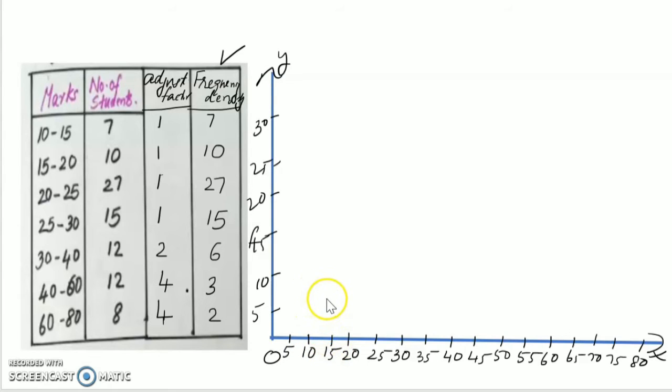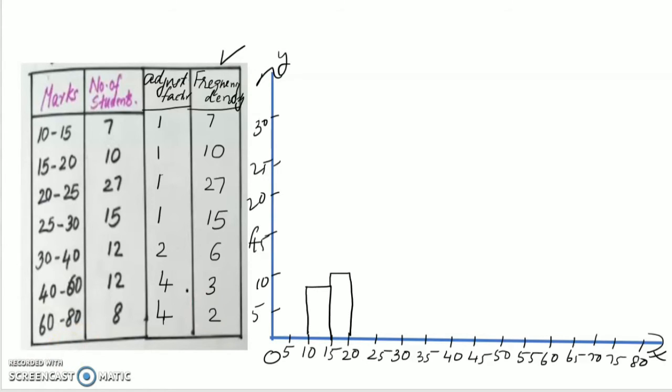Till 7 I have to mark. The first one I will show you. 10 till 10. It should be a straight line. Okay, 10. And the next one is till 10. Frequency density in 15 to 20 corresponding to that is 10. So I am taking 10. In this way we have to mark all the points.